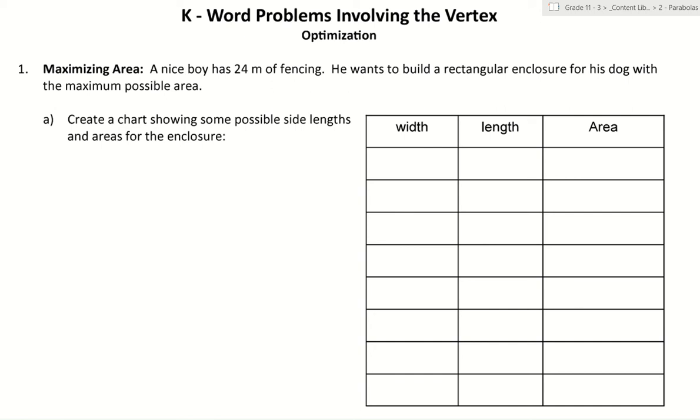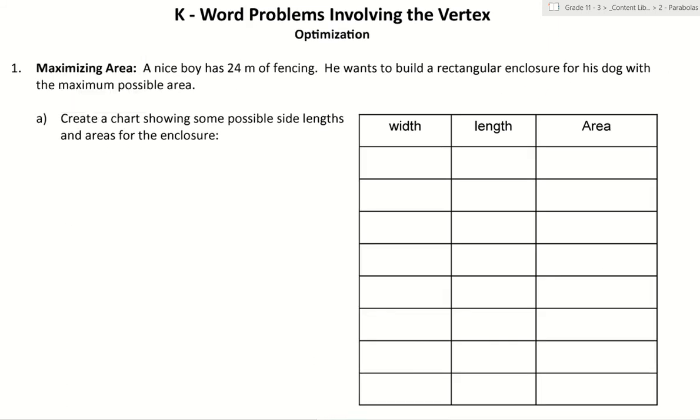So a nice boy has 24 meters of fencing. He wants to build a rectangular enclosure for his dog with a maximum possible area. Okay, so we could certainly figure this one out without quadratics and parabolas, but what we're doing is making a connection between that shape that we can graph and this situation that we want to find the optimal area for. Okay, so let's start by just drawing a